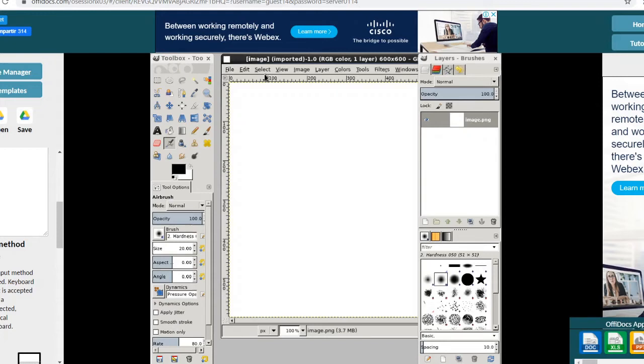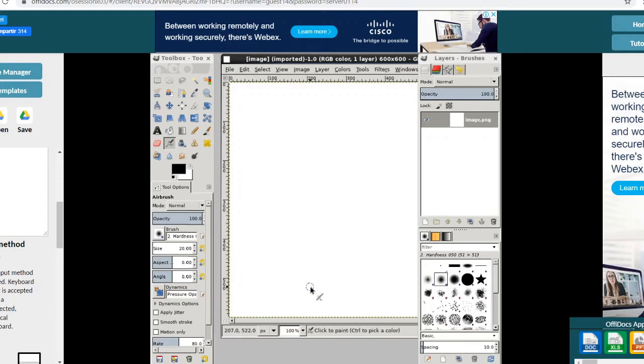This bar is known as the menu bar. On the left hand side, one box is there. This is known as the main tool box. Under it, some more options are shown. These are known as tool options.